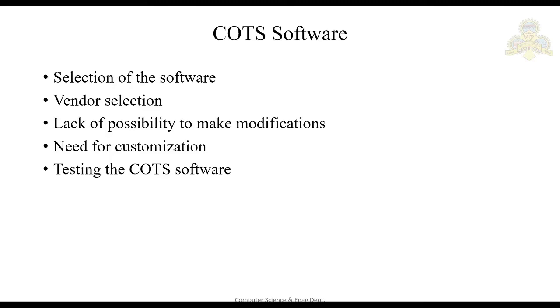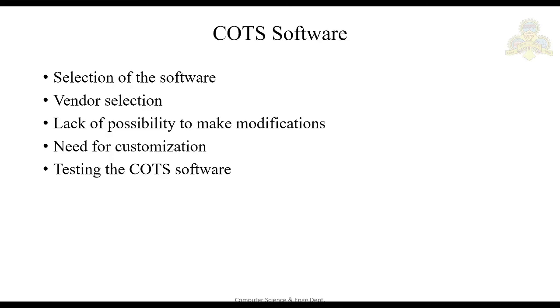Then licensing terms and conditions. When you are buying software from the vendor, you have to check the licensing terms and the conditions. For example, once the software has been delivered, they may give support for only 2 months. So what after that? All these things have to be considered. Then once you buy the software, the vendor has to give you the training, right? Whether the training is covered or not, or it is just simply buying the software, you have to consider this as well in vendor selection.